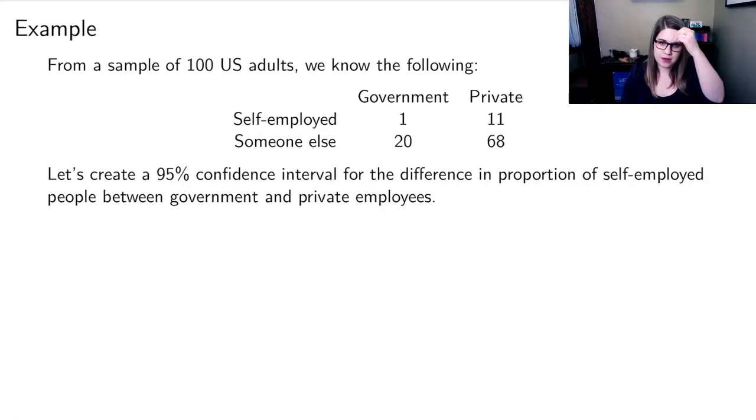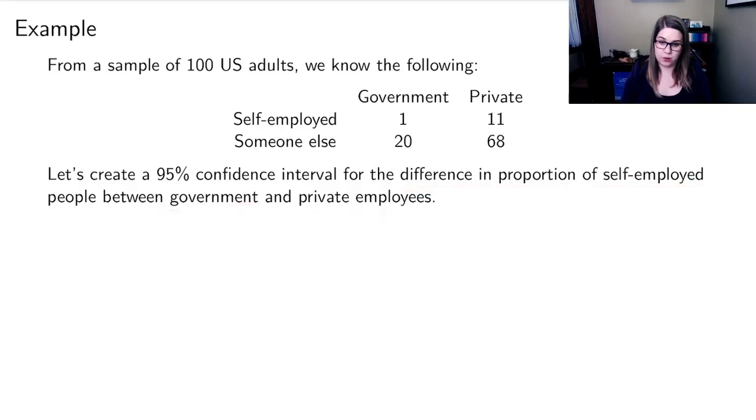So let's see an example. This is a sample from the General Social Survey. It's 100 adults, and we know the following. I've summarized it down into a two-way table. So instead of 100 rows of data with 2 variables, now I have a two-way table where I've got whether someone is self-employed or works for someone else, and whether they work for the government or they're a private employee. And we're going to try and find a 95% confidence interval for the difference in proportion of self-employed people between